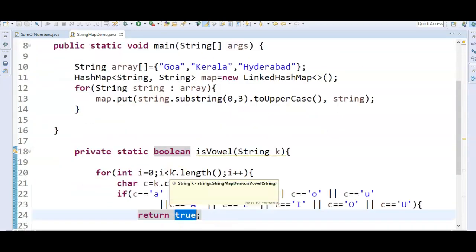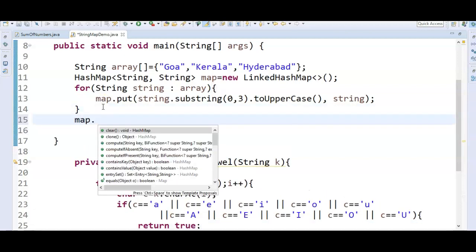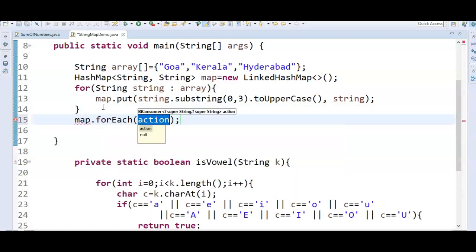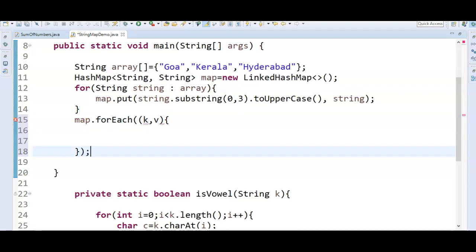So once we got this, we need to print. We need to iterate through the map and print: map.forEach k comma v, and just close here and put a semicolon.